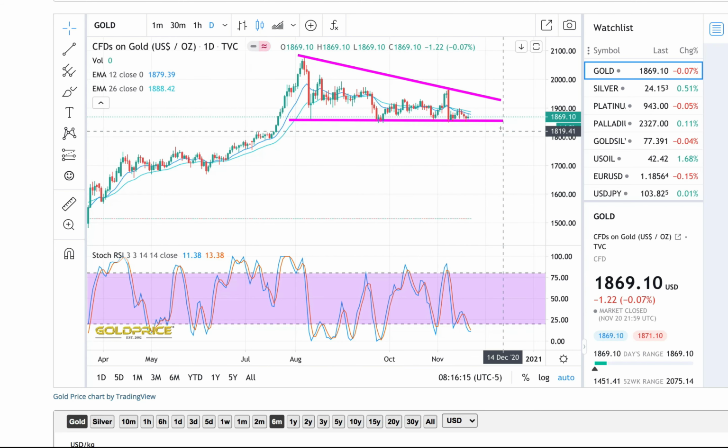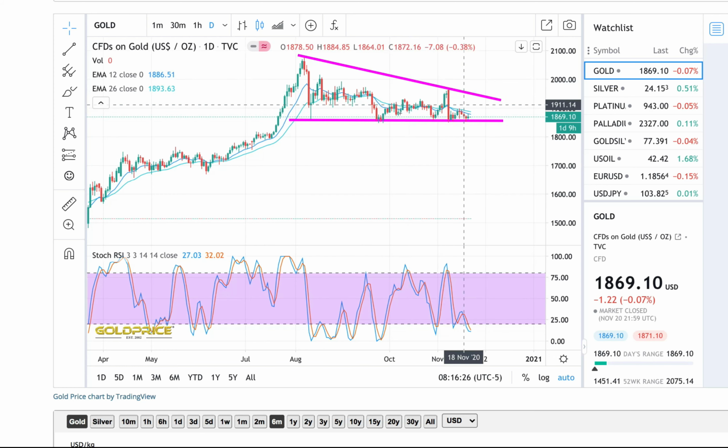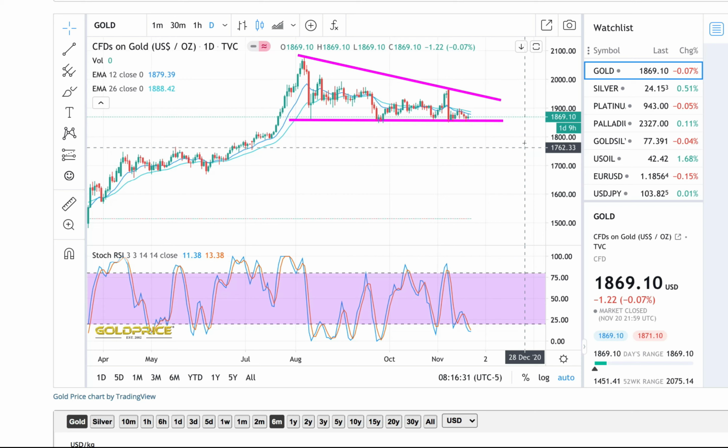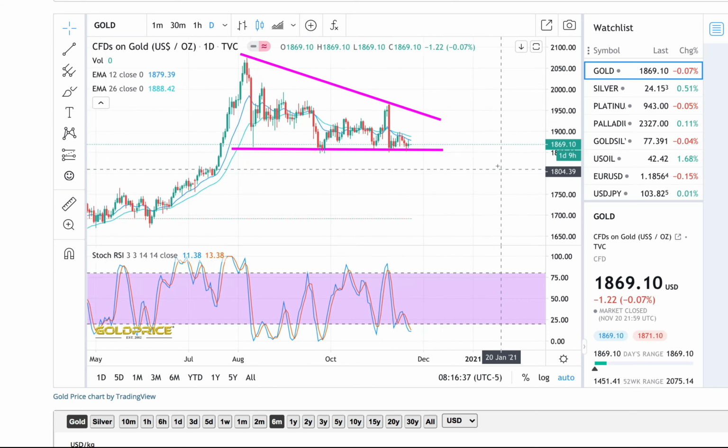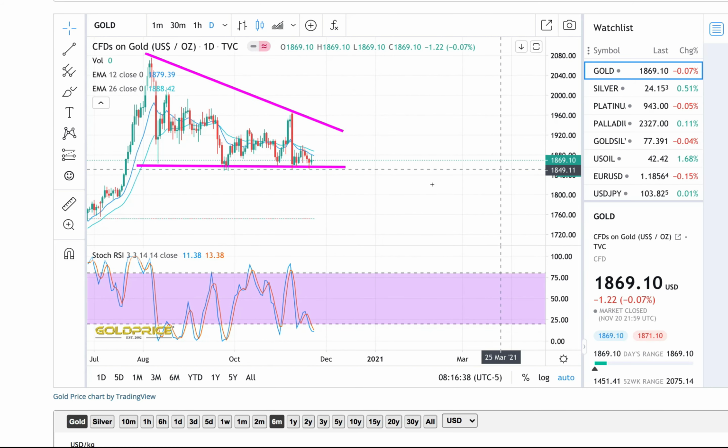It's not a crystal ball. It just says that, if everything stays as a status quo, I think at least until January 2021, we're not going to see too much of a movement in the price of gold. We're just going to trade sideways and slightly downwards. We'll probably test the 1800 levels by January. And it's probably not the news that everybody wants to hear. Everyone wants to hear gold goes to the moon.